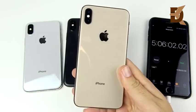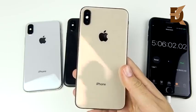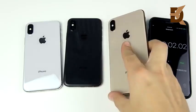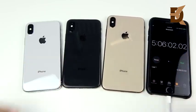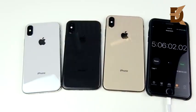But I think that both of them were actually quite good for being the size they are, and battery might not be the main reason to pick these iPhones. So the final results are in, and like I say, the iPhone 10 has pretty good battery life. The iPhone XS is definitely an improvement, but not a huge improvement. You want to get the iPhone XS probably for the camera and some other upgrades like the A12 Bionic chip